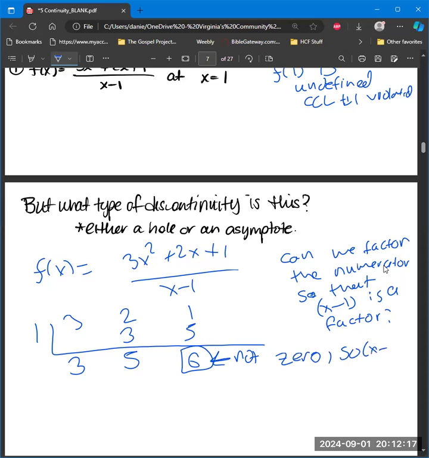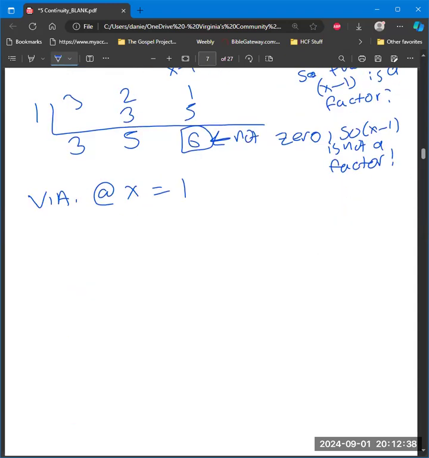So x minus 1 is not a factor. And as soon as I know that x minus 1 is not a factor, then I know that there is a vertical asymptote at x equals 1, because for there to be a hole, there would have to be a common factor of x minus 1 in the top and bottom that cancels. So let's go ahead and